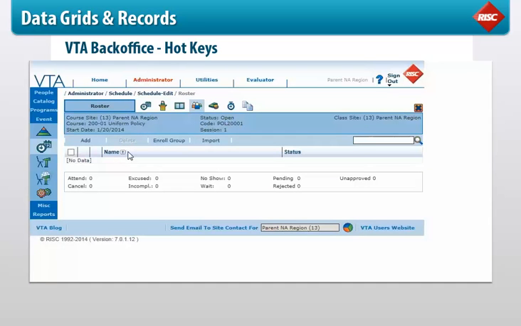For example, hovering over the Delete Text button shows that Alt-X will start the delete action. Hovering over the Add Text button shows that Alt-A will start the add action. Hotkeys can be useful when doing some repetitive VTA actions, such as moving to the next record, or adding several